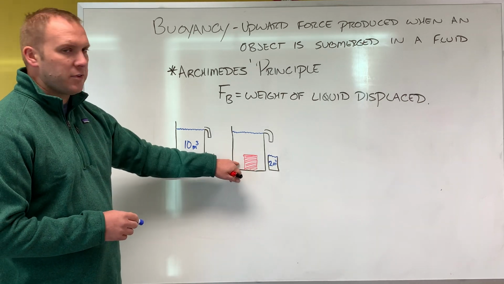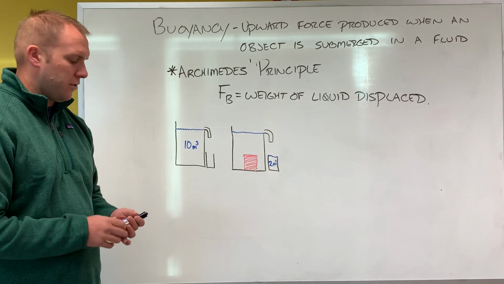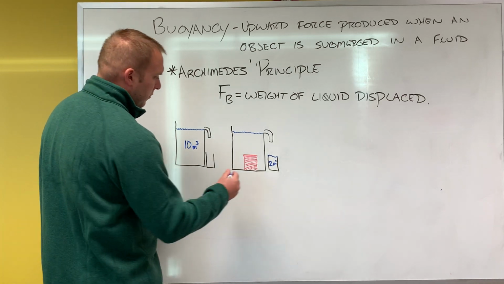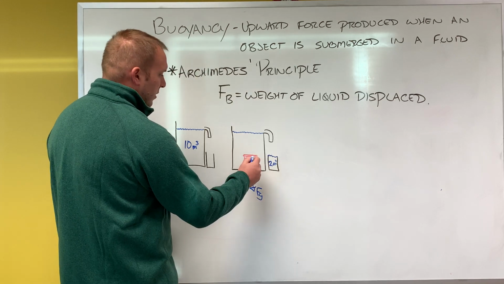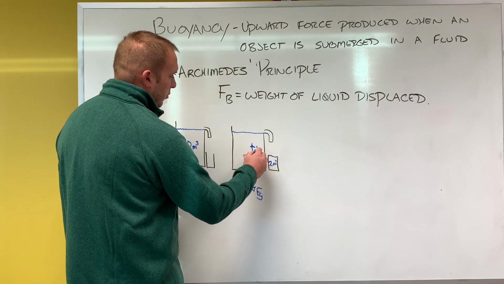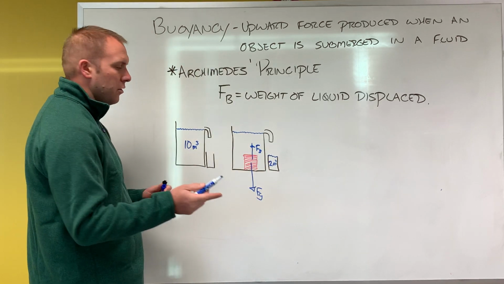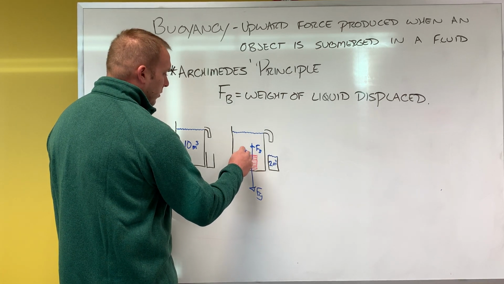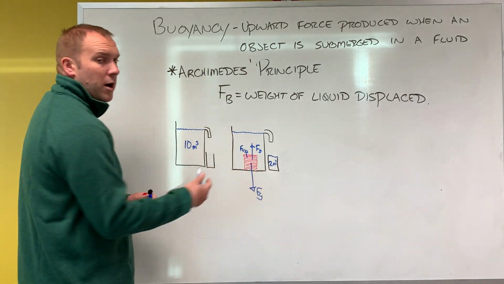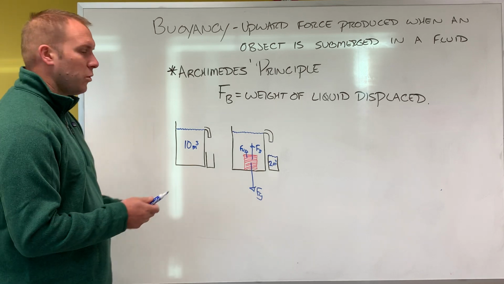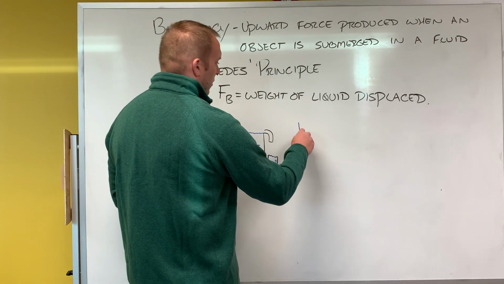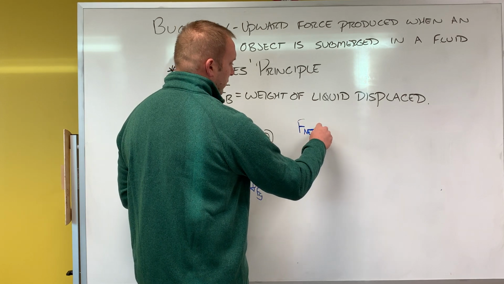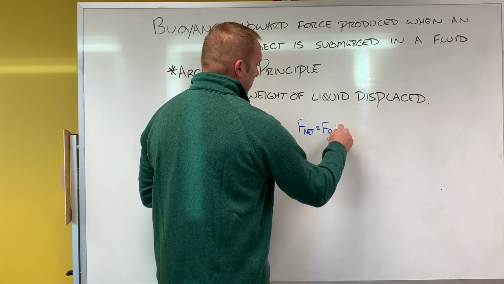So in this circumstance, there's actually 3 forces that are at play. One is the force of gravity, pointing down. A second is a buoyant force, pushing up. And a third would be a normal force, because it is resting on the bottom of the container. And just like when we have a book sitting on a table, there's a normal force. In this circumstance, the net force on our object is going to be the force of gravity